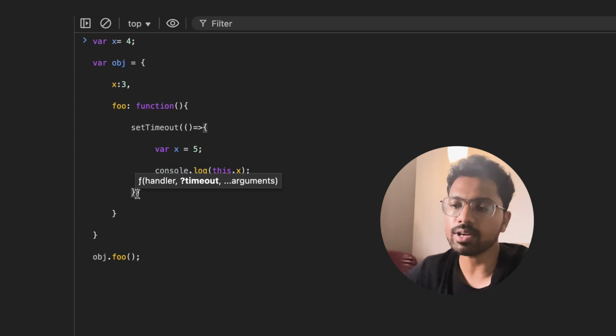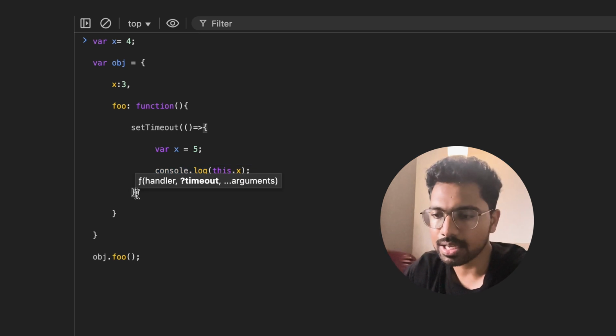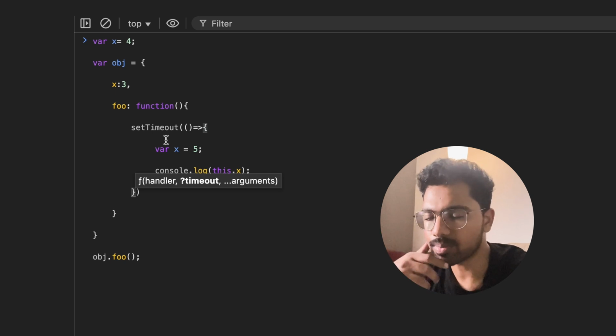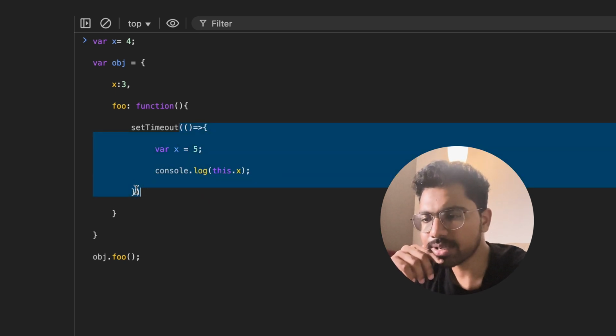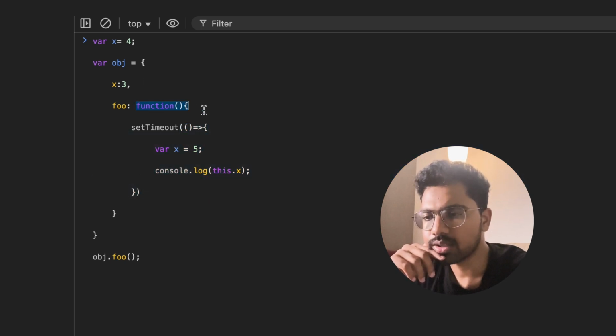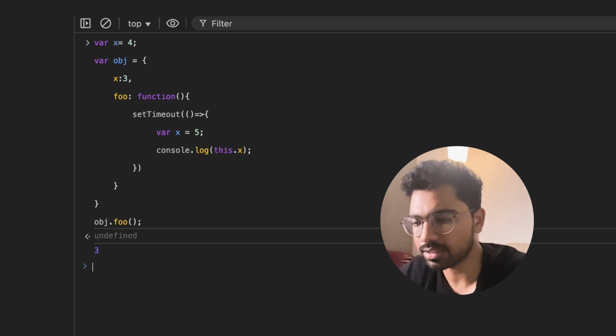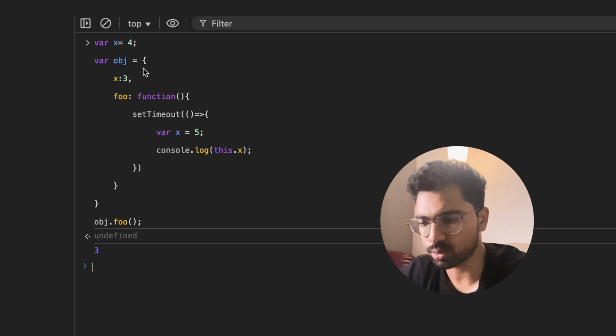Basically the arrow functions don't have their own context. They will be taking the context from the lexical, from the outer scope. So in this case they will be taken from the foo, but foo has the context of obj. So ultimately this will have obj.x. So we'll be able to see 3 in the output.